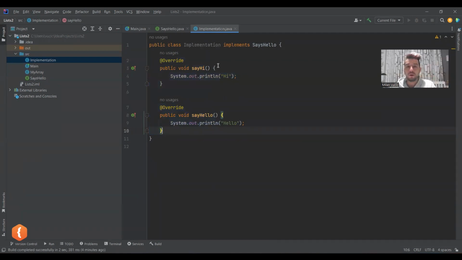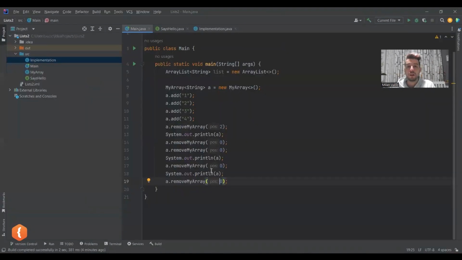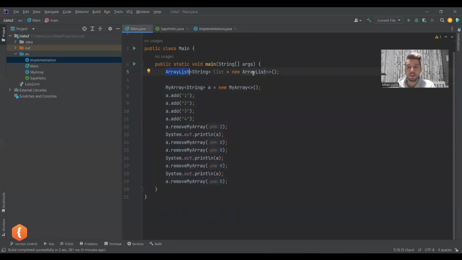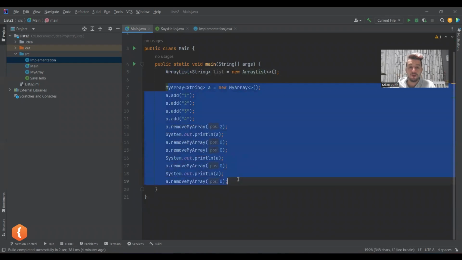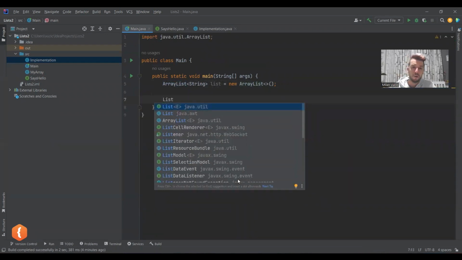You know, a concrete example, you basically declare what your list needs to have. Basically, what can you do with a list? Well, you can add to a list, remove from a list, get the size of a list, and so on and so on. So you declare all of those things that the list can do as methods of an interface. And if you take a look here at our code, we saw array list equals new array list. But we can also use the interface for the list. And look at this, this list here. We want to use this one,